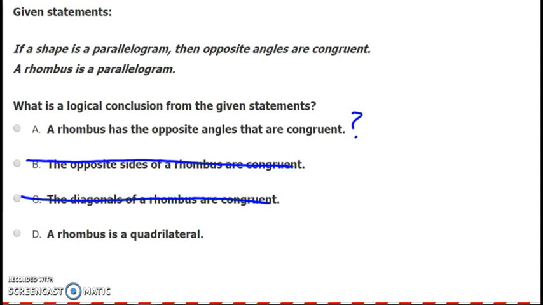A rhombus is a quadrilateral. Again, I don't see anything here about quadrilaterals. All I see is parallelograms and rhombus, so it's not that. So the answer here has to be